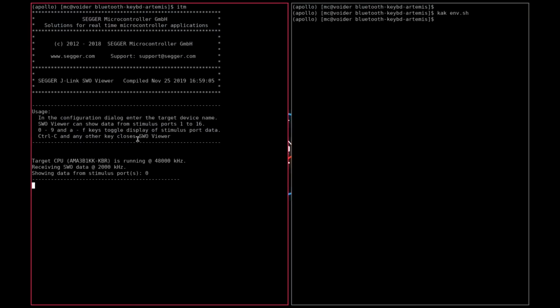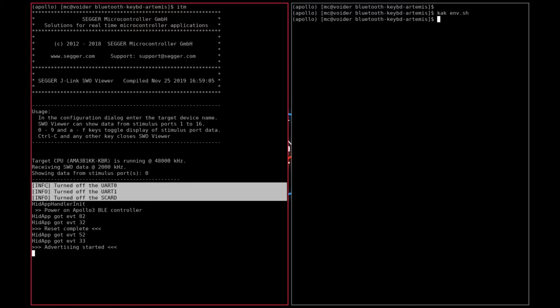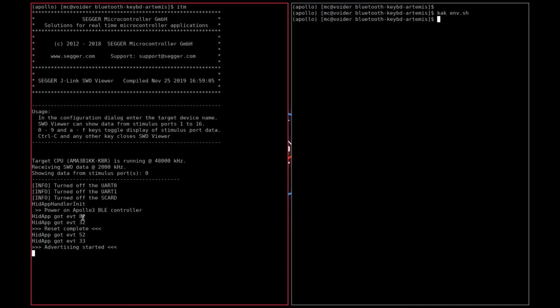Okay, so on the left-hand side you can see the output of the ITM. If I now press the reset button on the board, bam, you can see the output of the initialization of the board. You can see that first it turns off some peripherals, because I don't want to waste energy on them. Why would I? Then it powers on the BLE controller, signals that the reset has been completed, and starts advertising. And so now if I take my phone,